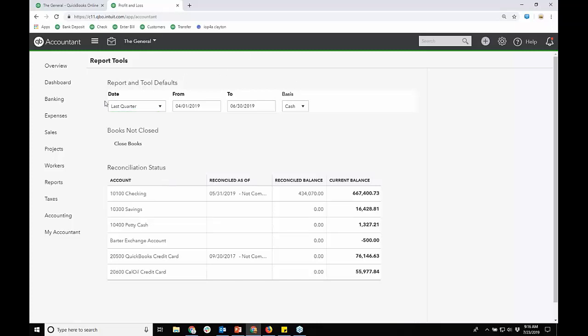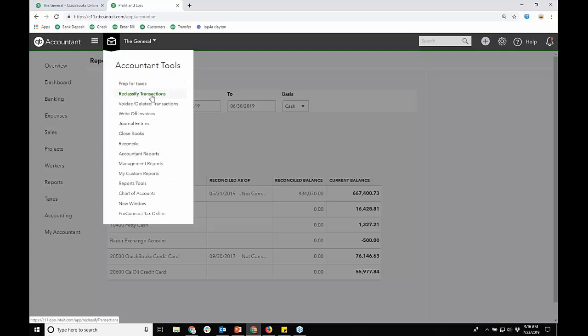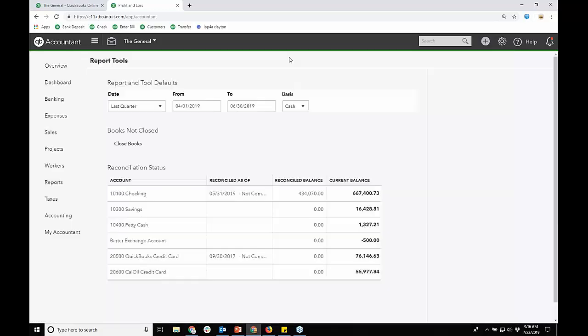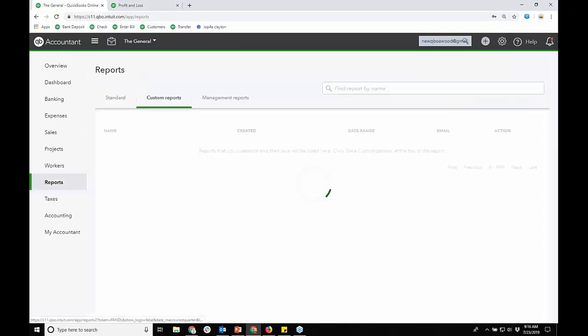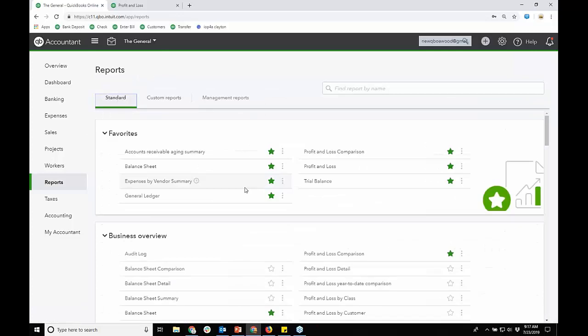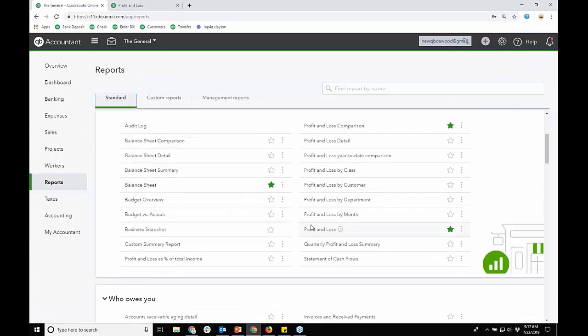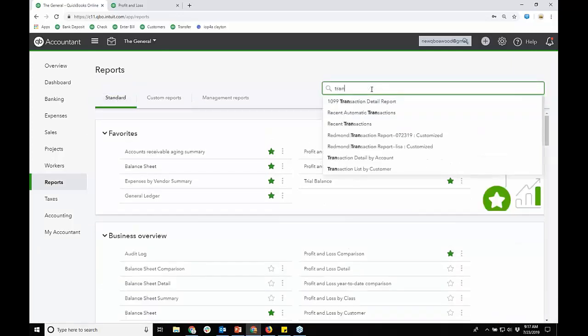But still, remember, report tool and defaults, it impacts just a few reports, mostly company financial summary, but it also impacts the batch classify tool as well when you clean the stuff up. Might make it just faster dancing around the product. So a little bit on customization. Remember, detail reports, as you'll see, we'll go back to standard reports. For instance, like I can search up here, transaction